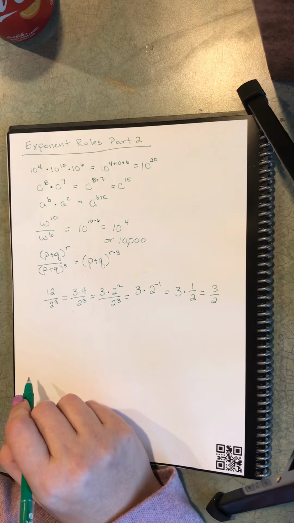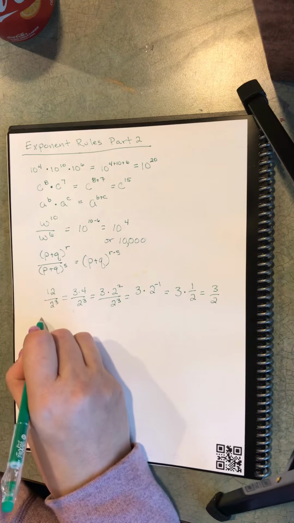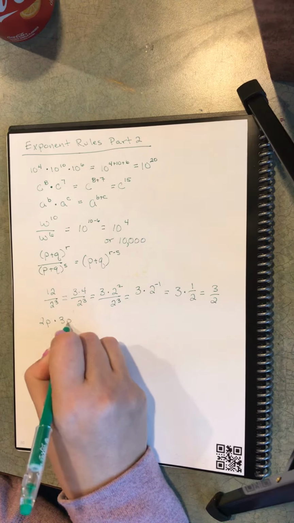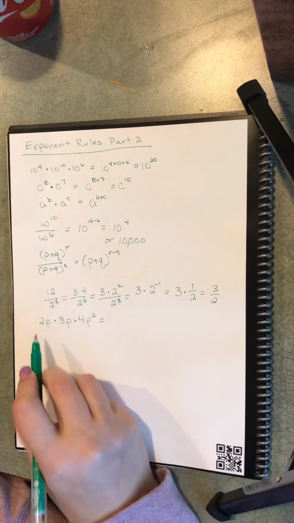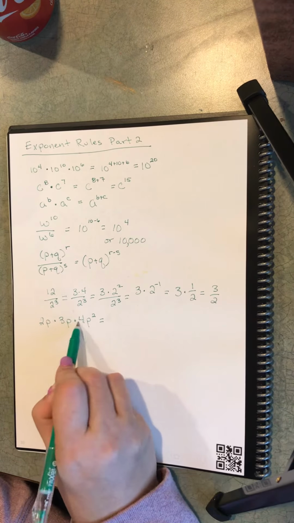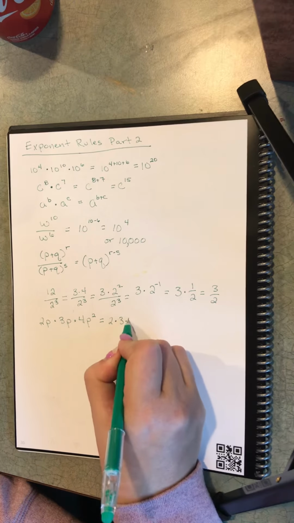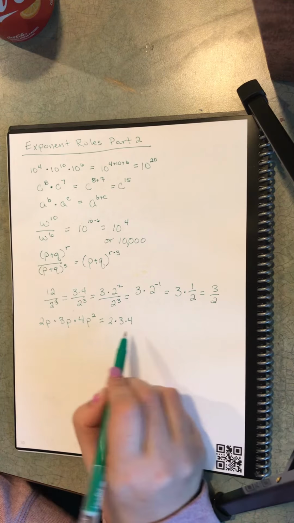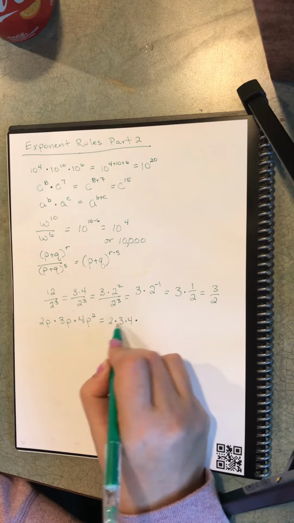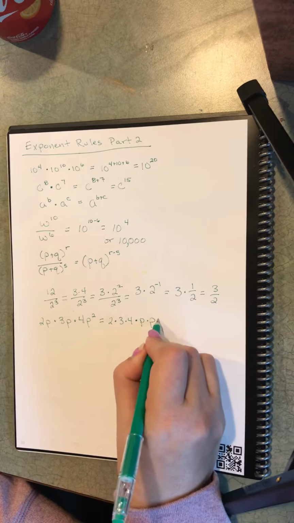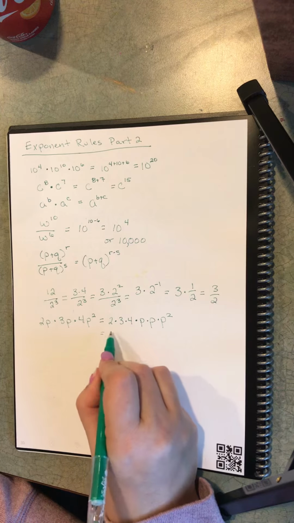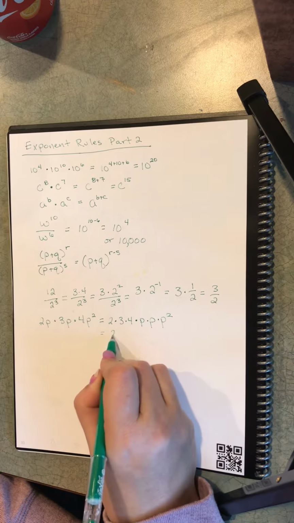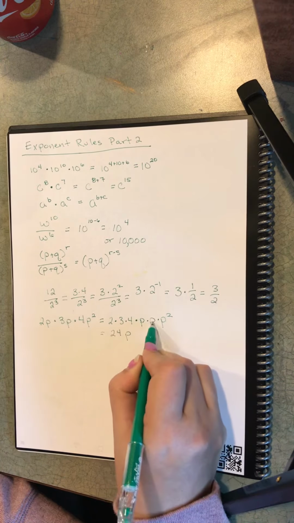Okay, what if I have something like 2p times 3p times 4p squared? Okay, here I'm just going to multiply my coefficients like I normally would, and I'm going to kind of show this just to make it clear. So I'm just kind of rewriting the problem first so you can see these pieces are all going to go together, and p times p squared is going to go together. So now I have 2 times 3 is 6, times 4 is 24, p to the 1, 2, 3, 4,